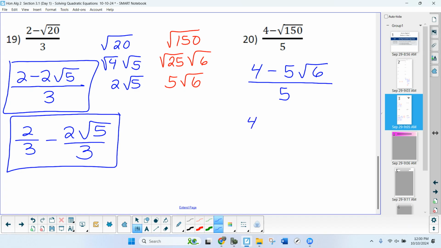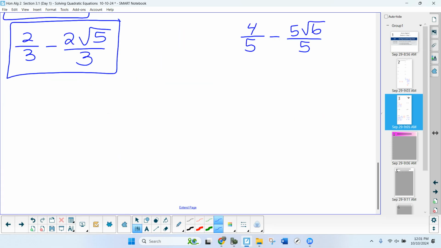So I'm going to break this up. 4 over 5 minus 5 square root of 6 over 5. You do have to do this one. You have to break it up. And the reason you're allowed to do that, okay, if I had 4 over 5 minus 5 over 5,